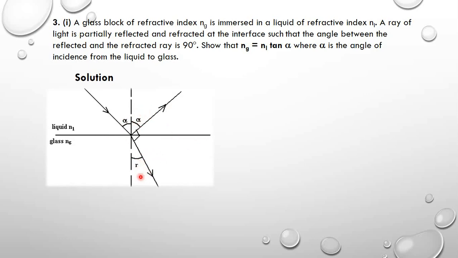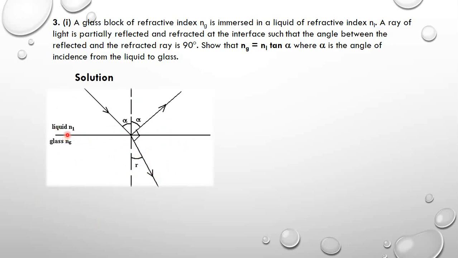And then this is r, the angle of refraction. Then the angle between the reflected ray and the refracted ray is 90 degrees, which implies that we can get this angle r. So first of all,